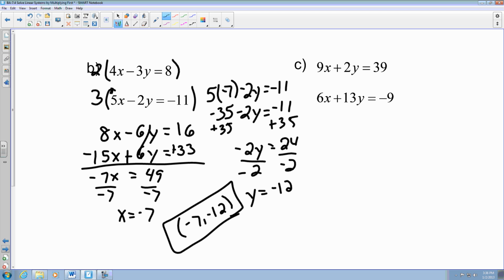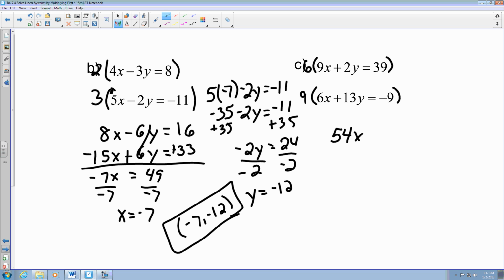And our last example. I have 9x plus 2y equals 39, and I have 6x plus 13y equals negative 9. For this one, I'm going to eliminate my x. You can eliminate your y if that's what you wish to do, but for this case, I'll eliminate the x value. So I'm going to multiply the first one by 6, and the second equation, I'm going to multiply by 9. When I distribute it out, it becomes